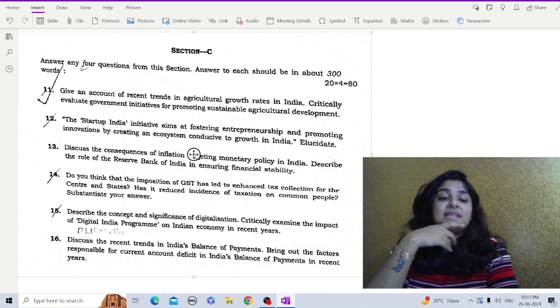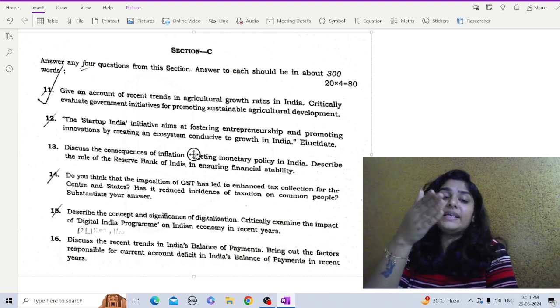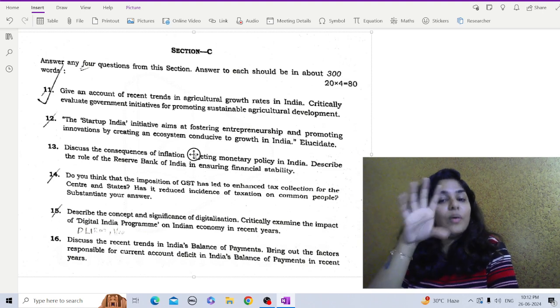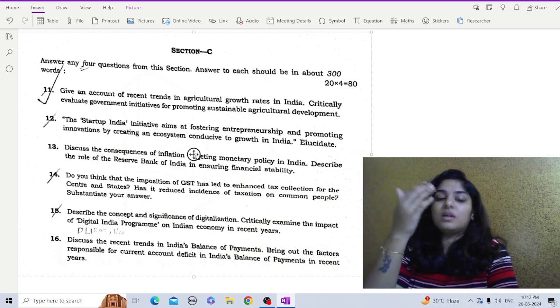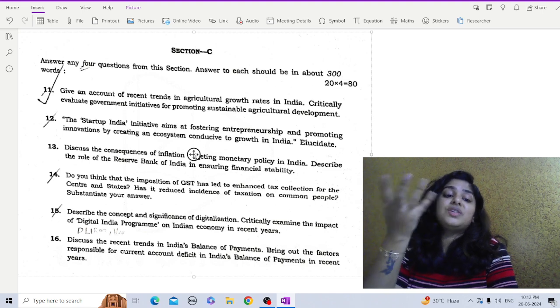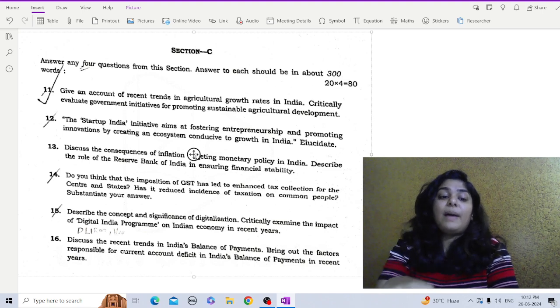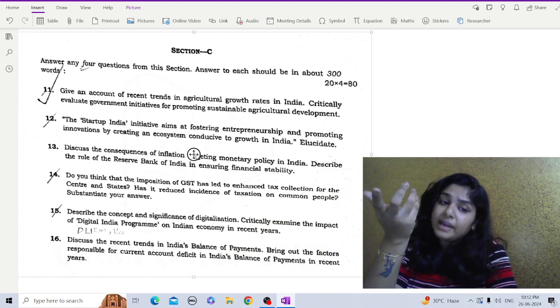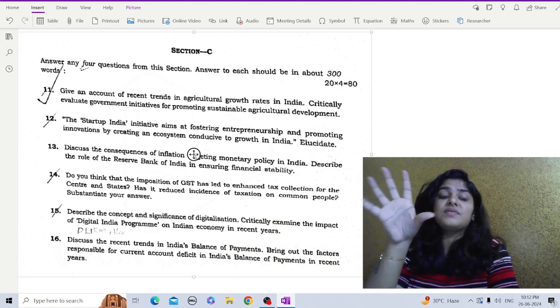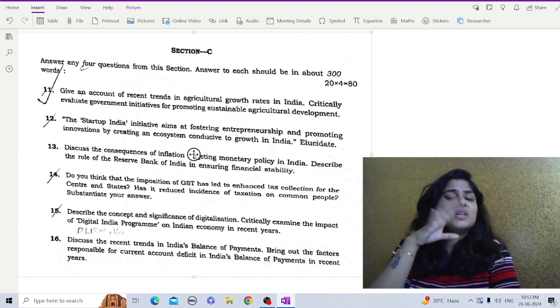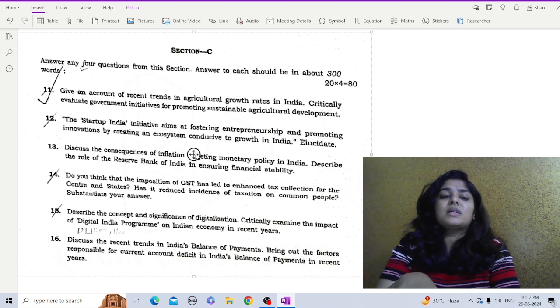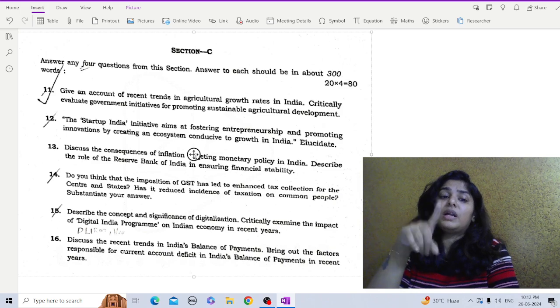If we talk about the service sector, then India's service sector, particularly IT and IT-enabled services, has been a significant contributor to export earnings. However, the growth in these service exports is not so even. It is influenced by economic conditions globally, and therefore there are changes in demand for outsourcing services. Capital flows: India has seen robust capital inflows in the form of what? FDI, FIIs. These inflows have supported BOP by financing the current account deficit and bolstering the foreign exchange reserves somewhat. Now let us discuss the factors that are actually responsible for current account deficit.